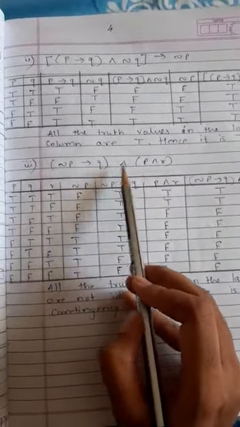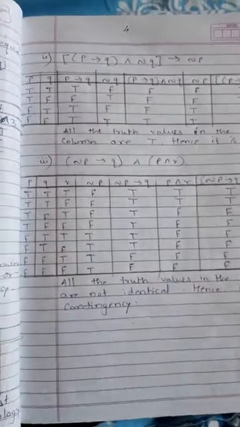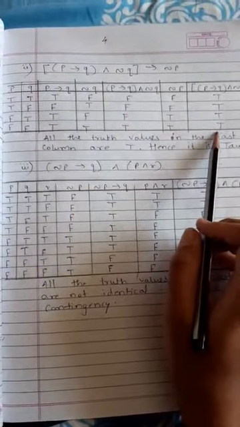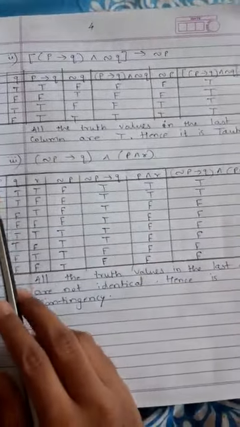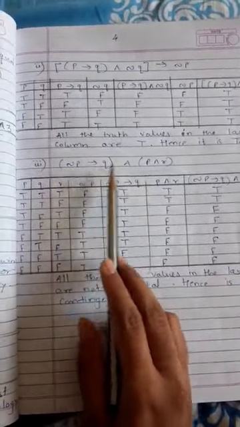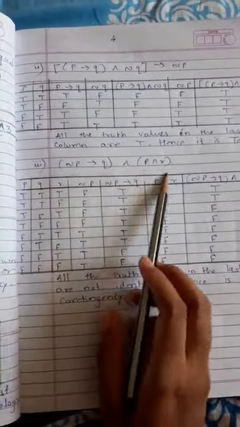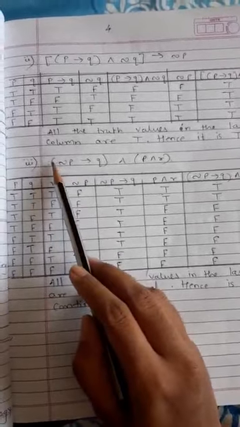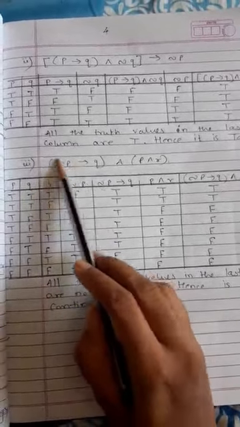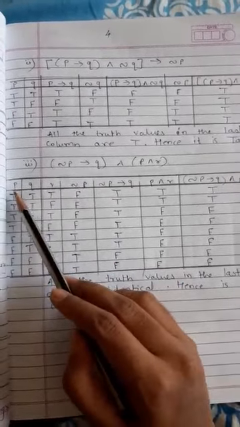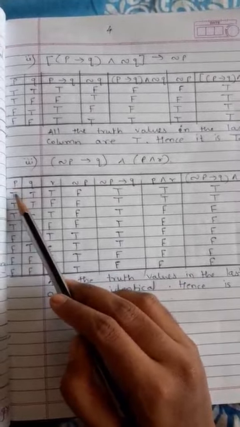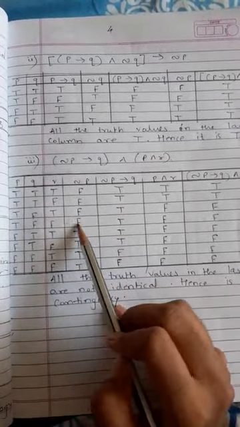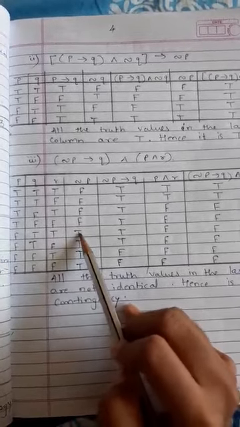Negation P implies Q and P and R. Okay, so let us see the next one. Here it is again a similar type of problem, that's why I am taking another one. Here 3 statements are given: P, Q, R. So you have to take 8 combinations. We are again going step by step. First we will solve negation P. Negation P means the opposite of this. Negation of T is F, negation of T is F, and so on. Negation of F is T, and so on.